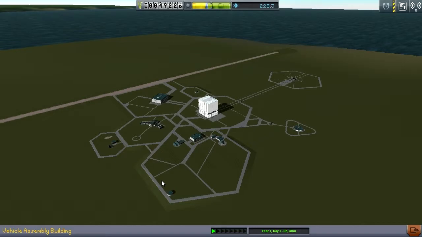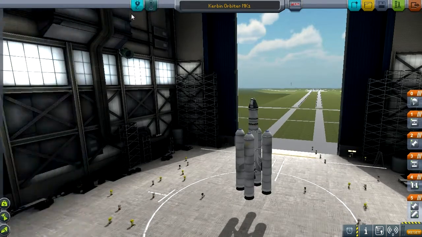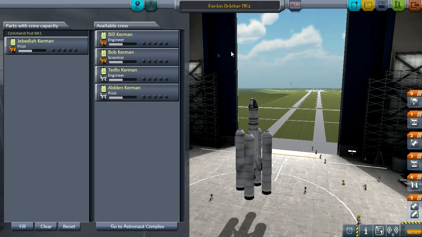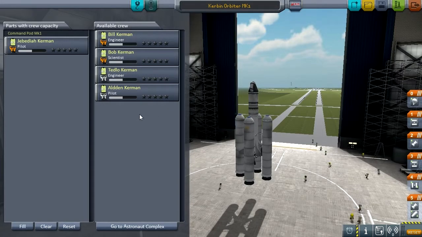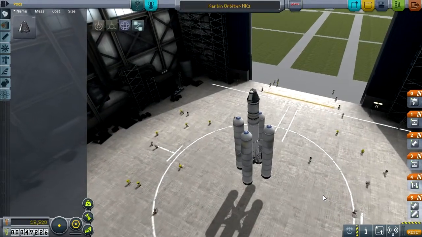So we're just going to go ahead. Please tell me this is going to load properly. There it is. We're going to go and use our first orbital launcher. I got all of these guys a small amount of experience by testing stuff. And yeah, this is just 4 solid rocket boosters, 4 fins, an